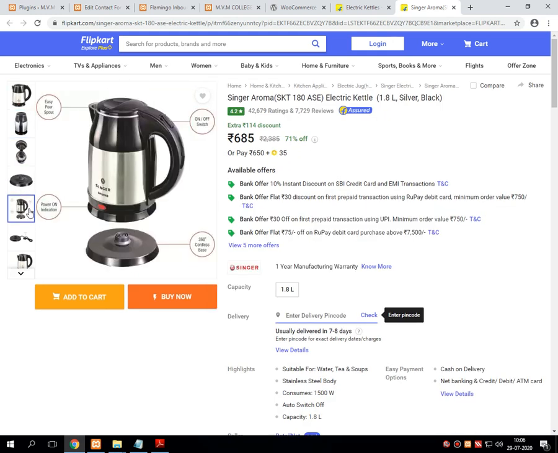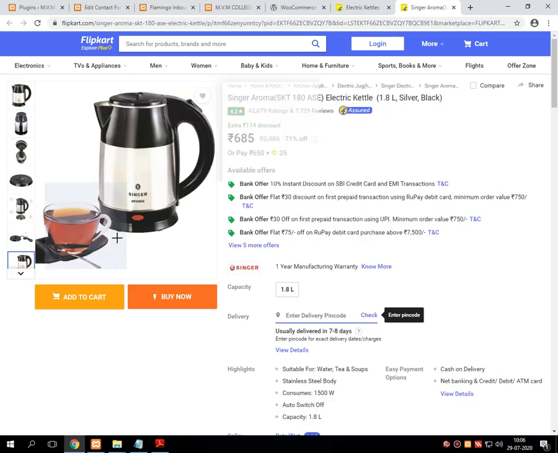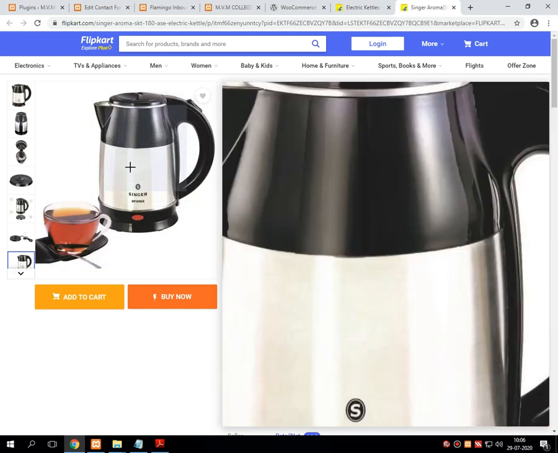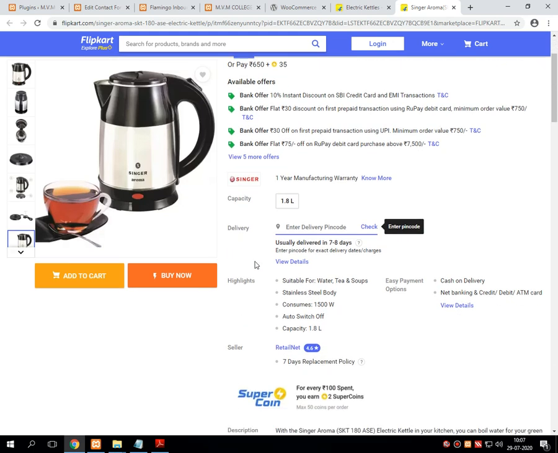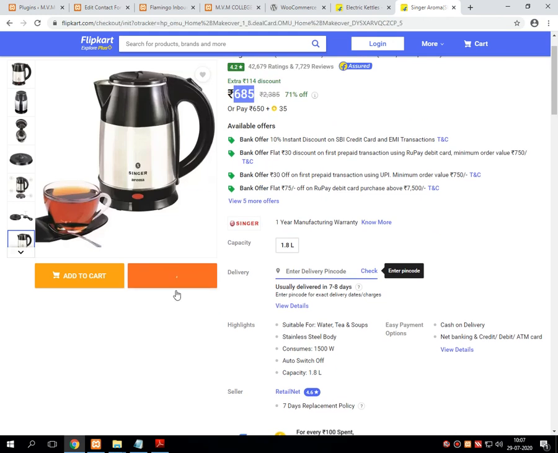Here the product is displayed, where it gives the facility to see different photographs of the kettle. Even it gives a zoom facility over here. Now this is the title of the product with some more specification. This is the price, these are the offers which are available, etc. Suppose I want to buy it now, so I am pressing buy it now.